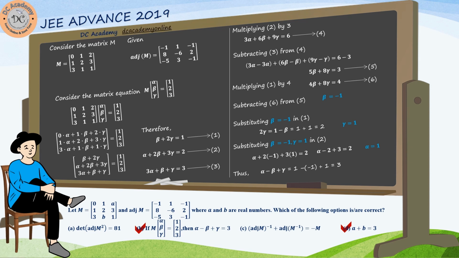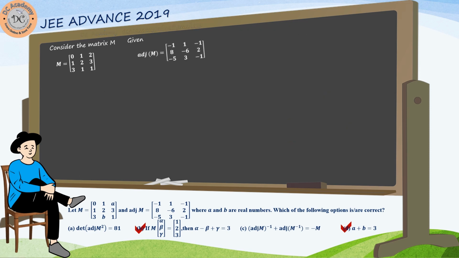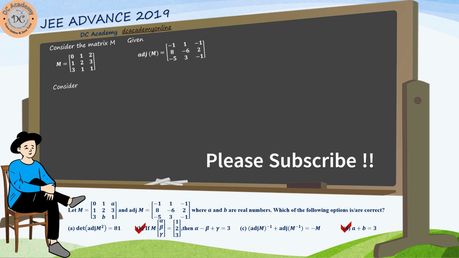So here, options A, B and D are already tested. Now only one is left, that is option C. So let's go ahead and test the remaining option. It may be correct, it may be false. So let's go ahead. See that here what we are given, it is given that